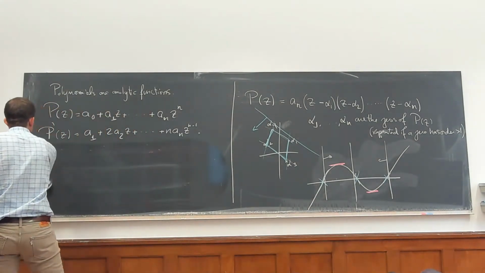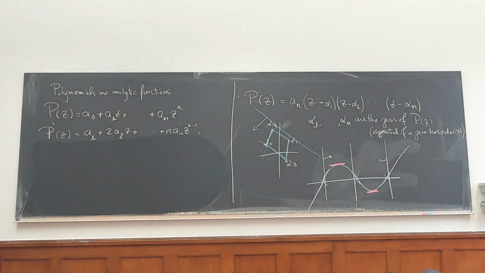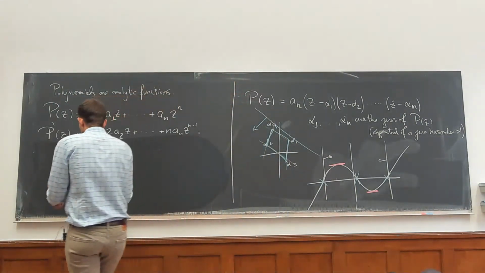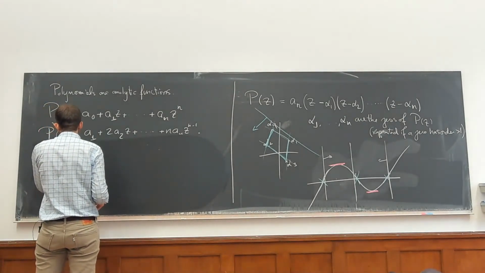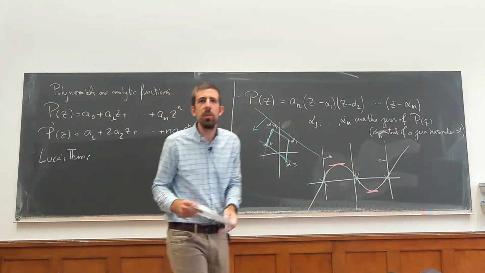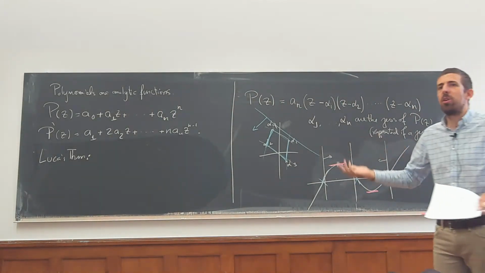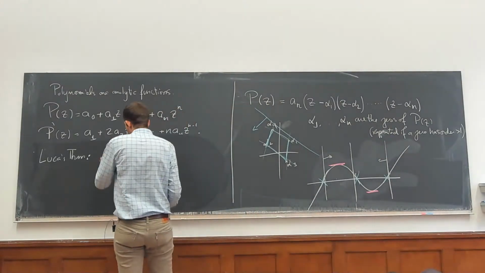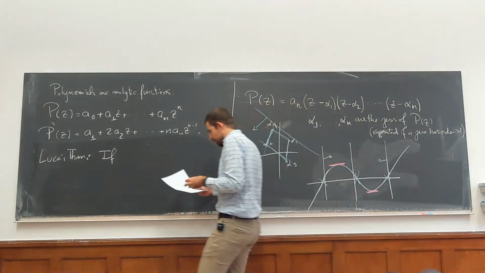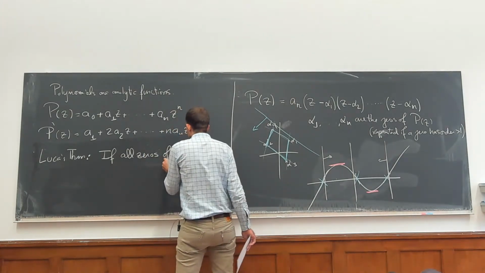Or maybe I'll just write the theorem statement, and then we'll prove it after the break. Okay, so this is called Lucas' theorem. I'm not sure we're actually ever going to use it, but it's a nice illustration of the power of being sure that polynomials have zeros. And it feels very geometric, even though the key thing being used is in a way algebraic. The zeros of a polynomial